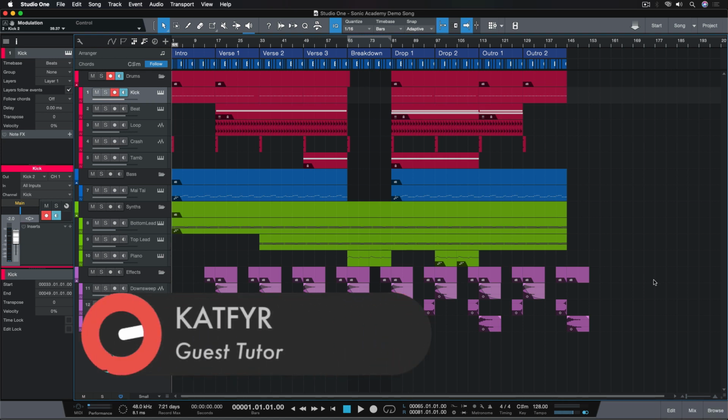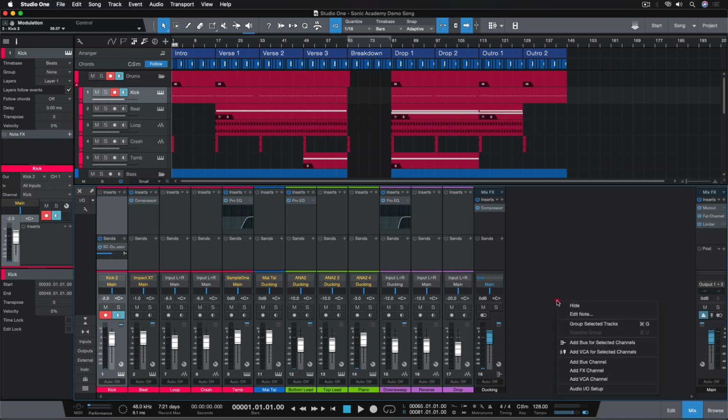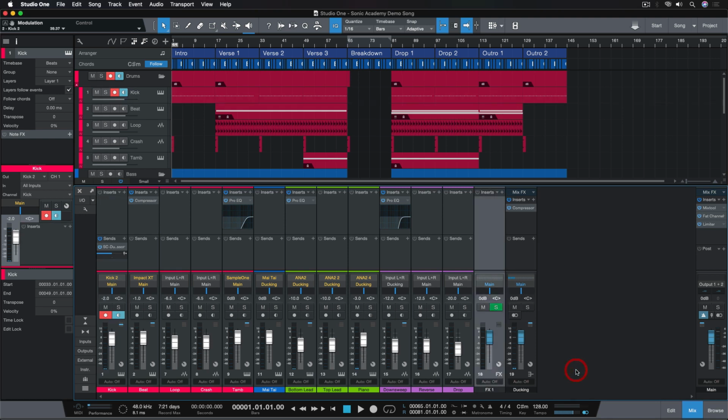And we're going to learn how to set one up by using a reverb plugin and route several different tracks to it. So let's begin by creating an effects channel. There are a couple of ways to do this, so let's start with the most typical one, which is to head over to our mixer, right-click, and click Add FX Channel. As you can see, it automatically named it FX1 and has a little FX icon at the bottom,